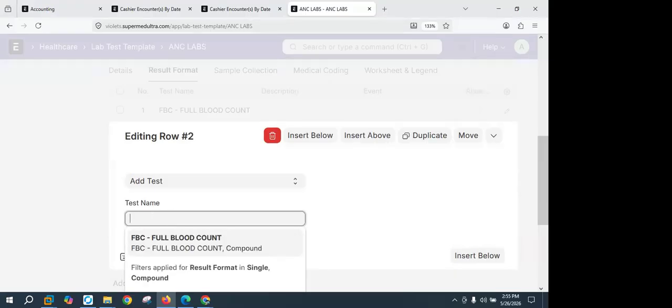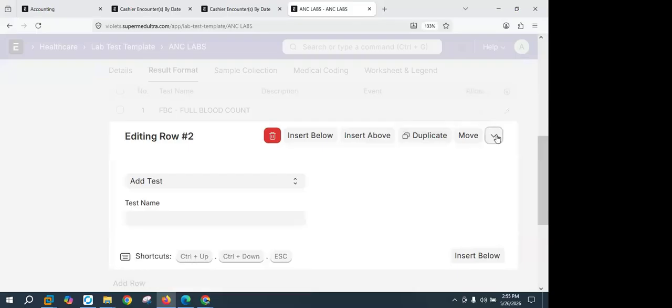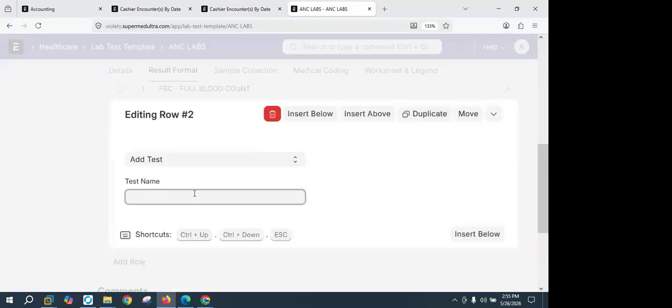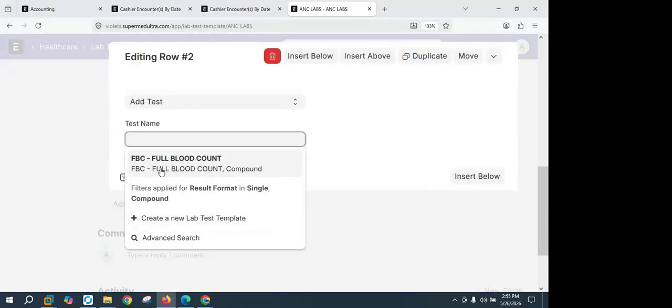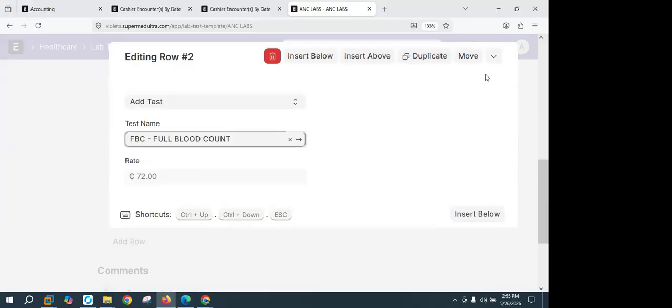Let me go back. It says add test. Let me see what I should have added here. Yeah, I should be able to add. Which other lab test do we have? So this is a single. It's showing me others, but if I had added others, I would be able to select them. So I can select